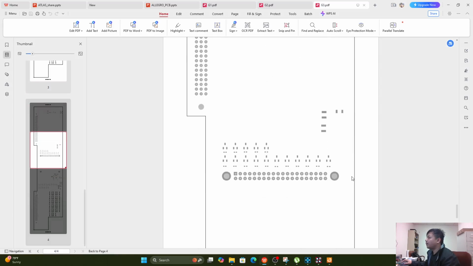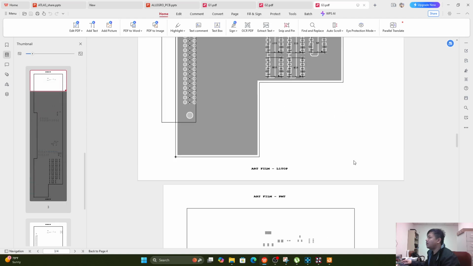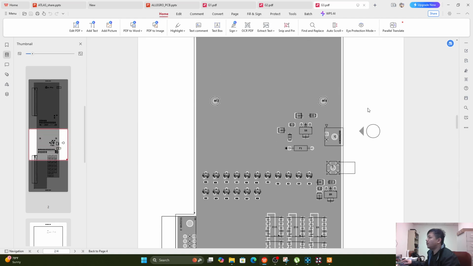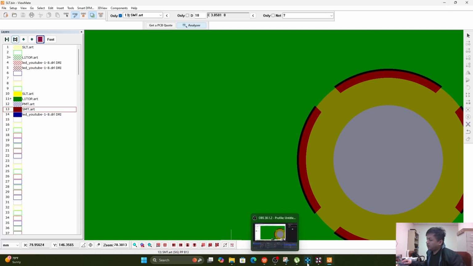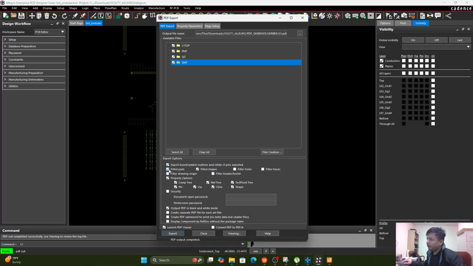Okay. Number two. Anyway, so these are the final settings that I would suggest to use. Fill pads, fill shapes as well. Yeah, and then